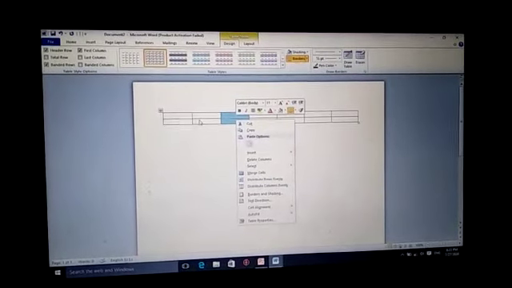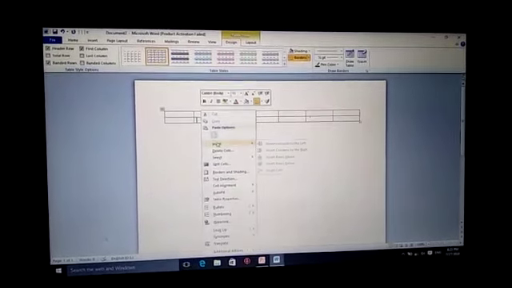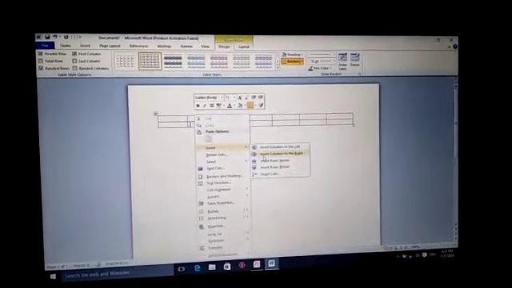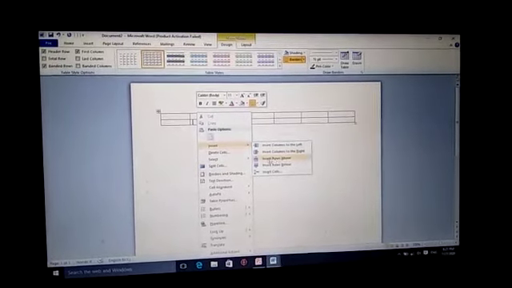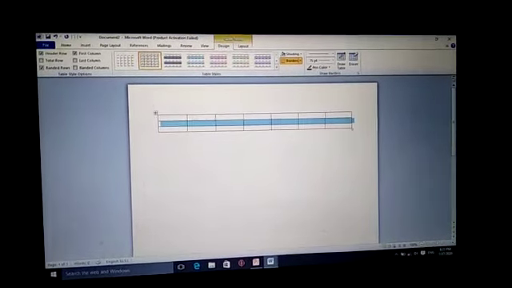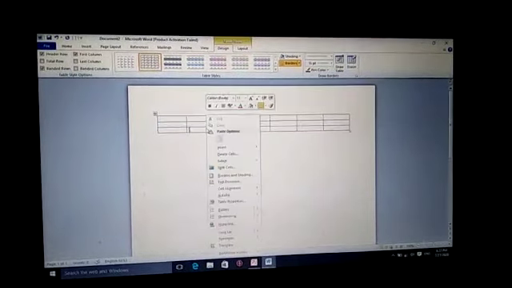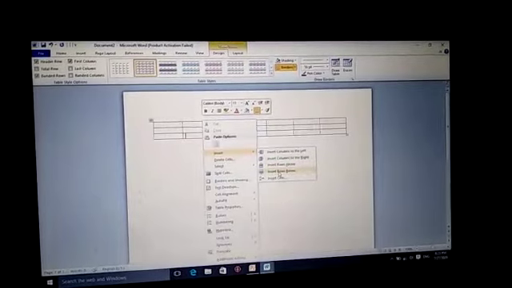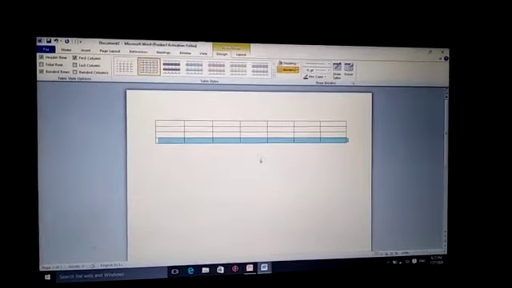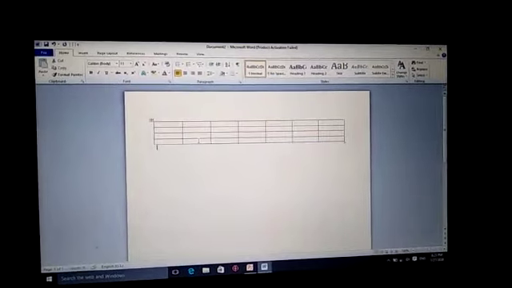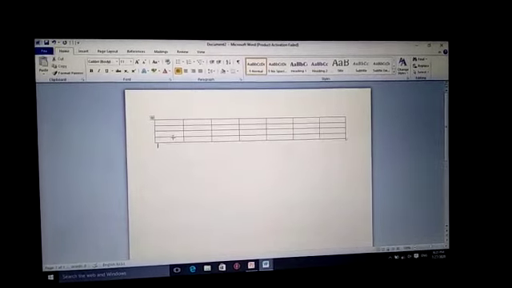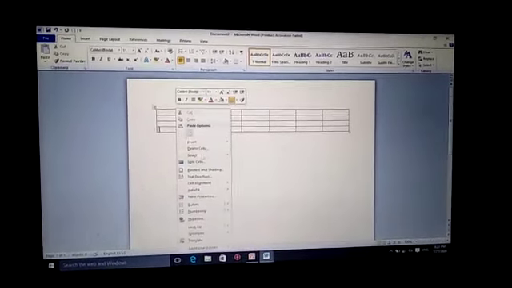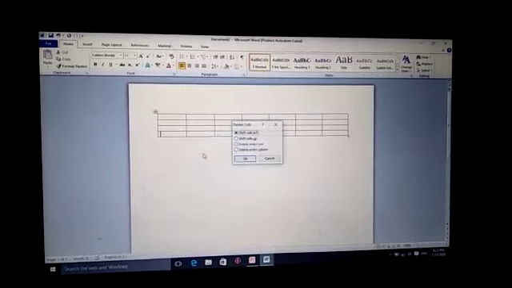So next suppose I am choosing insert row above. So row above, you can see another row is added. So next is insert rows below. If I click on this, another row is created below. So next is your delete option. So how to delete? You can see the delete cells.